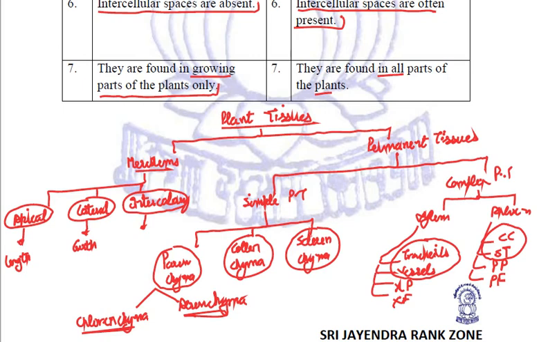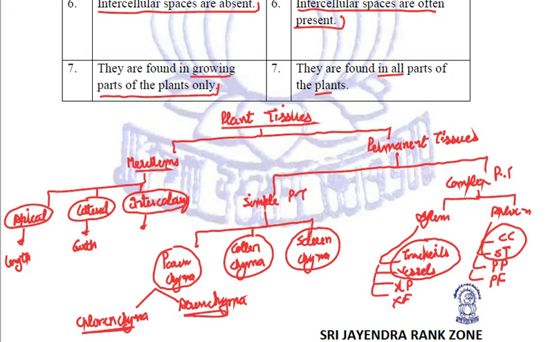Okay, we are just ending our lecture here, a very small lecture, because we have just completed plant tissues, and I want you people to first of all go through and learn all the types of plant tissues. And in the next lecture, we'll start with the animal tissues. They are quite important. We'll be discussing all the details of animal tissues, and we'll be able to relate after that what are the various differences between the plant tissues and the animal tissues. Clear? So please go through this part